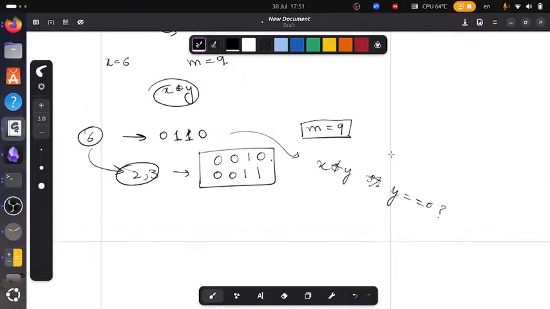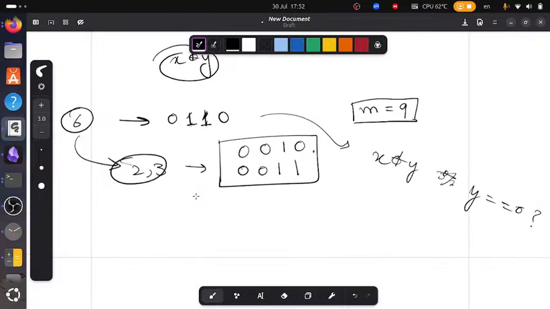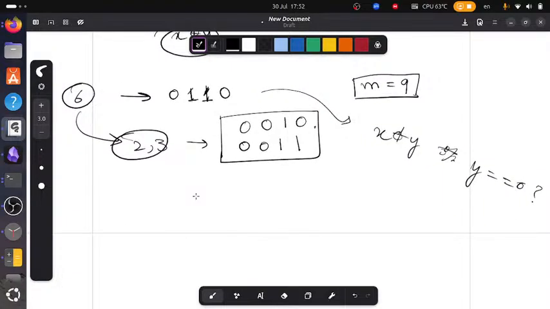Let's see what we have here. So basically, get its factors, and then